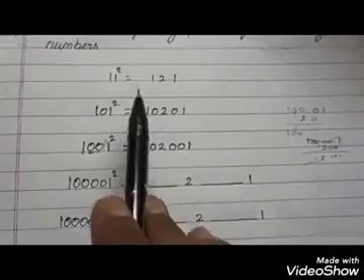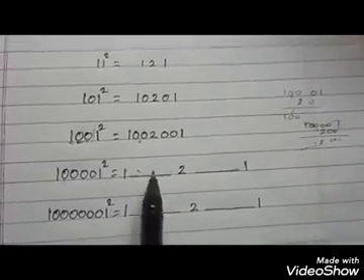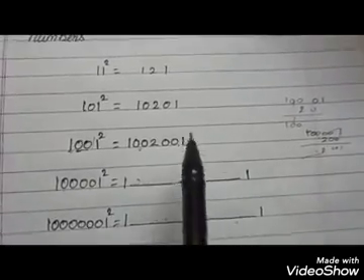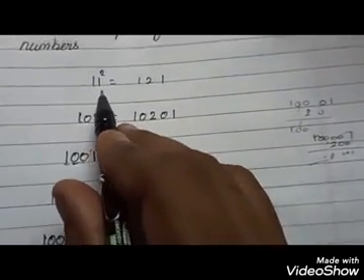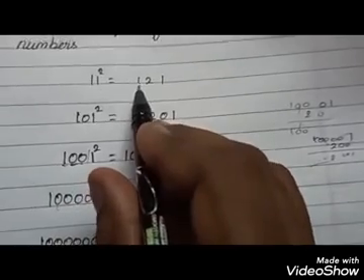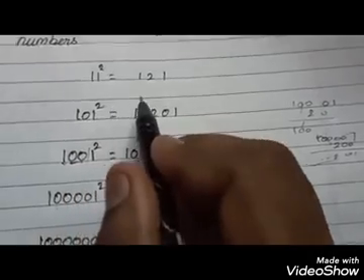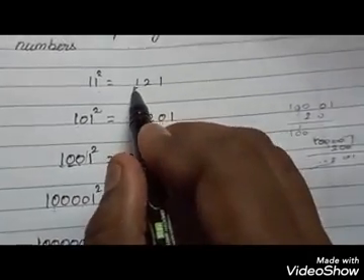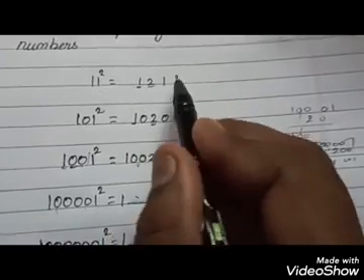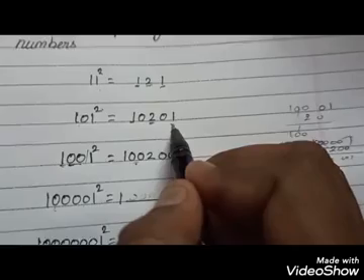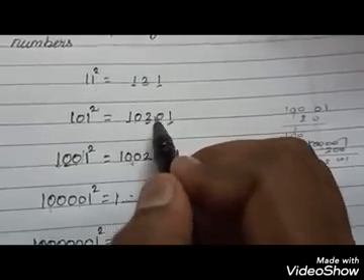So this is the pattern. Here in these two questions, some of the values are missing, and we follow this pattern. The first one is 11 square. 11 square becomes 121 and the next one should be 101 square. When we square it, you see the term 1 is there, 2 is there and again the last 1 is there. So what is in between this 1 and 2, and 2 and 1? You get 1 0.